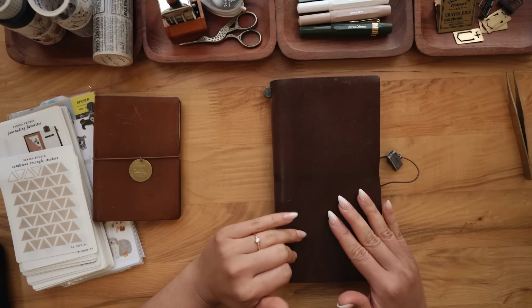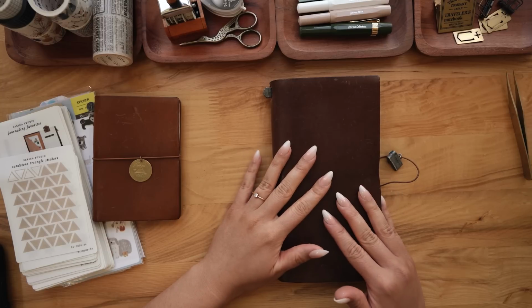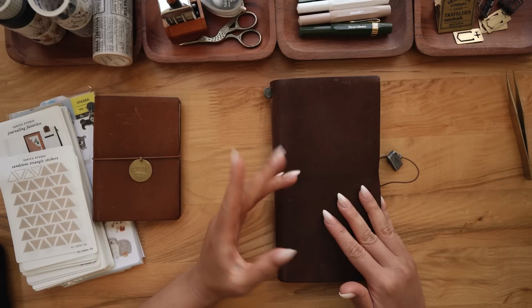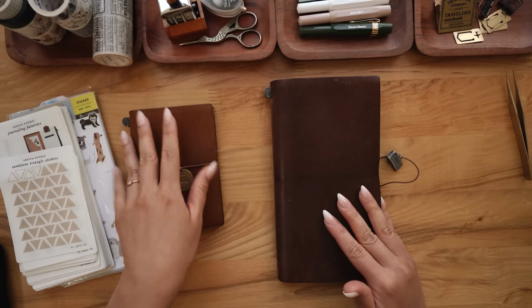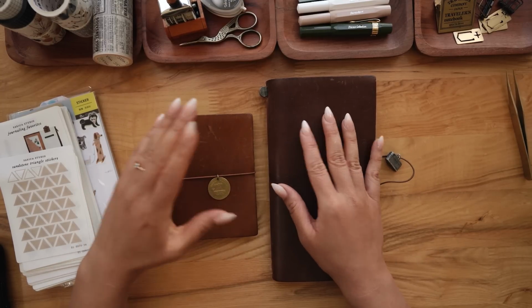Hey, so recently I changed my journaling habits and I wanted to share that with you. Just a little update on what kind of notebooks I've been using and what purpose they serve. I wanted to go a little bit more in depth with each one. So currently I'm really only using two notebooks right now, and I'm journaling in my standard size and I'm planning